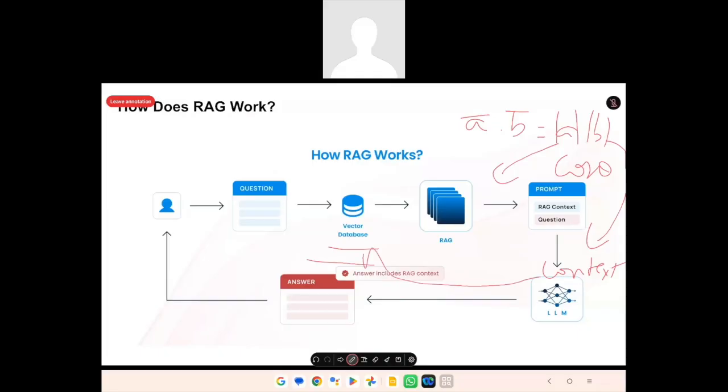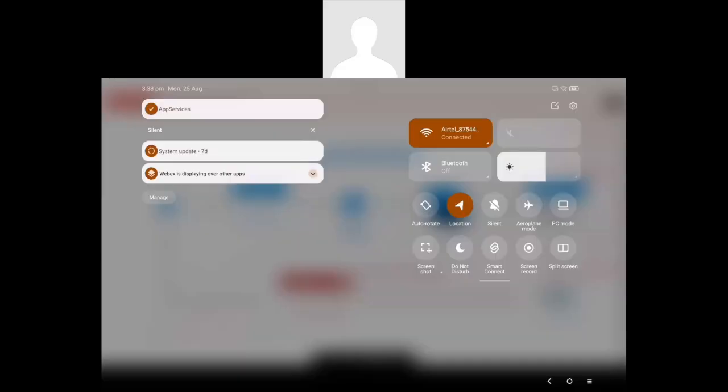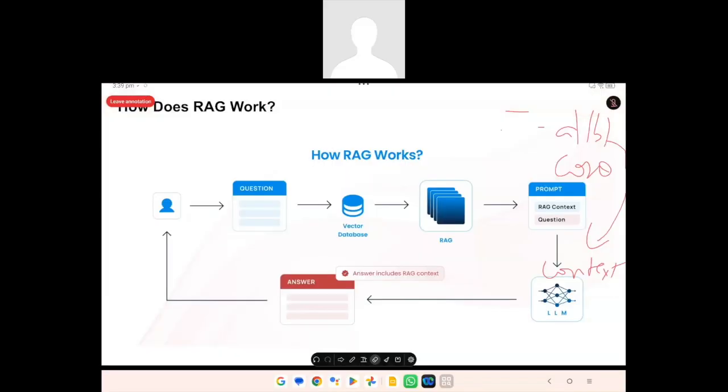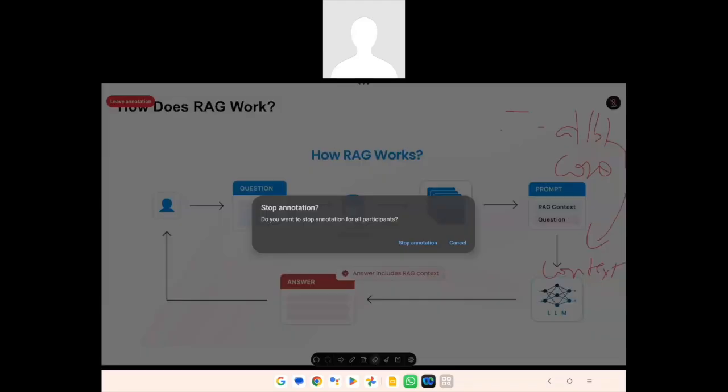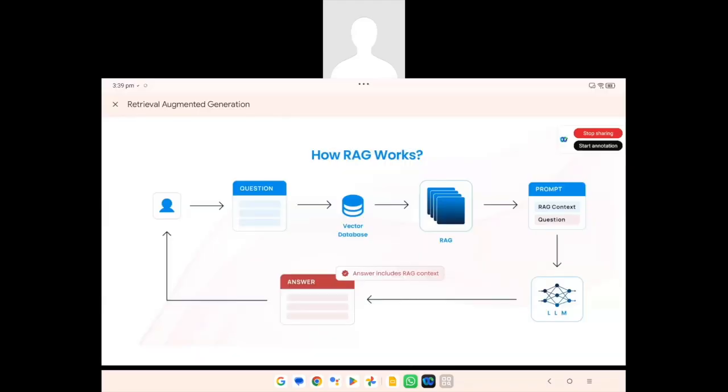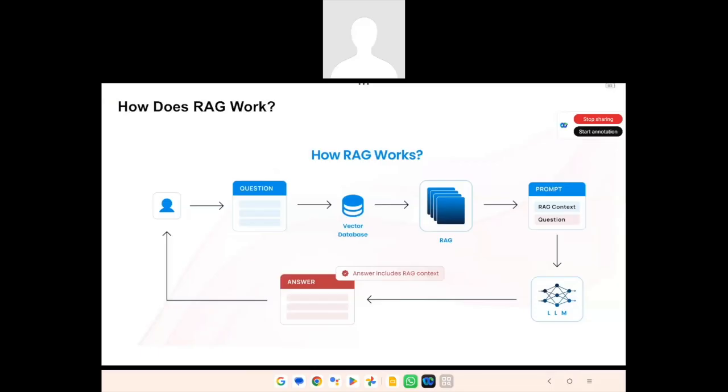Now, one obvious question you may ask: hey, this is too compute intensive. Doing a dot product will take so much time. Yes, that is the biggest problem in vector DB, and that's where we have this indexing mechanism.